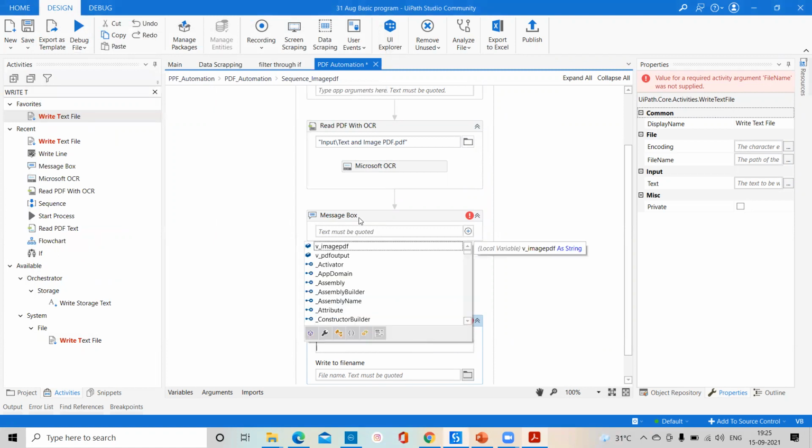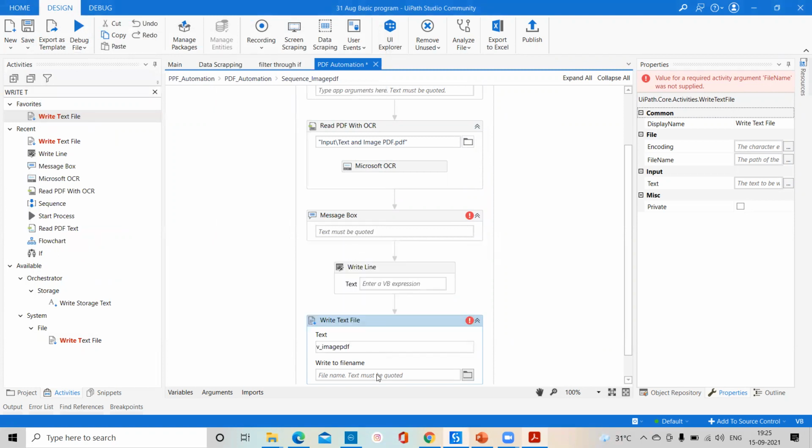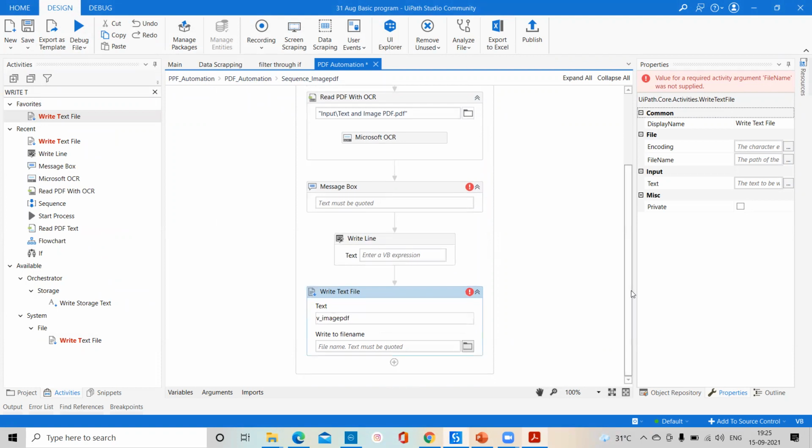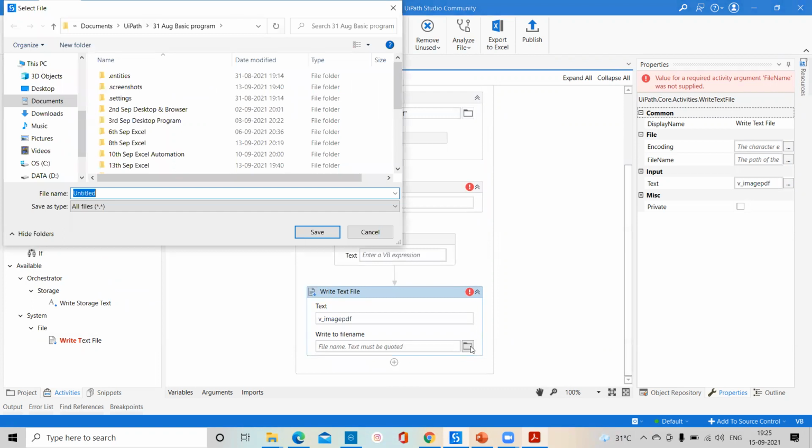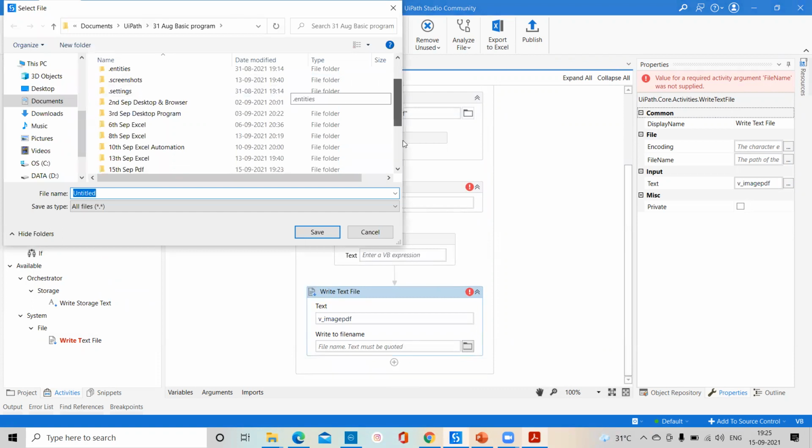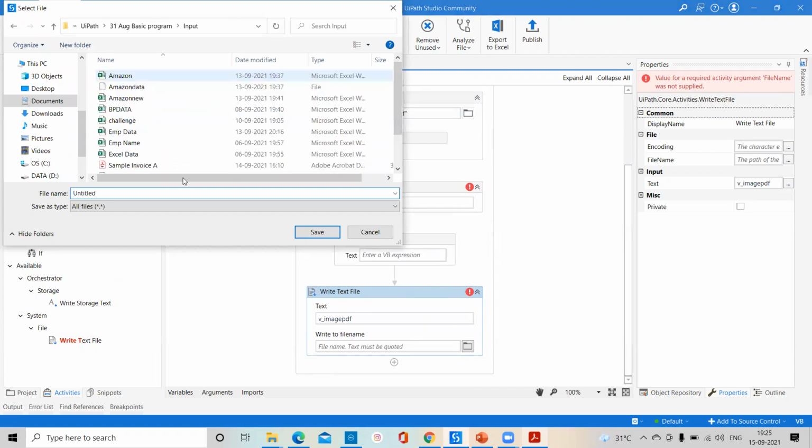Here we'll pass whatever you want to write, that is the v image PDF. And for the file name, we can pass this image PDF, keeping it in the input folder.